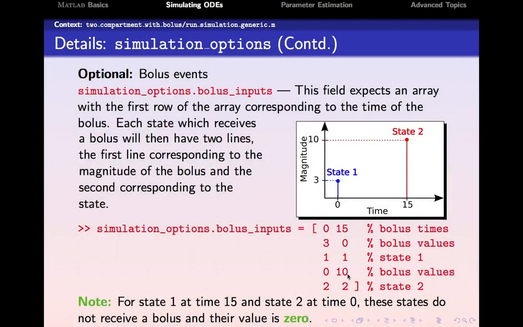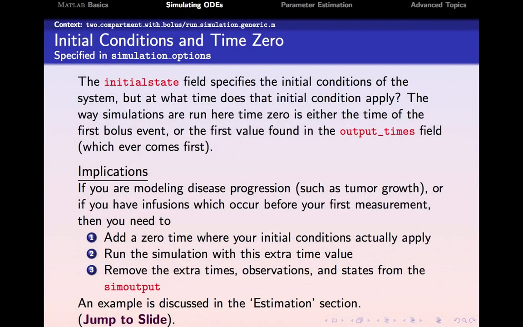If there were more states, if this was a system that had 20 different states, you don't have to worry about the other 18 states because they're not having any bolus events. You just have to have 2 rows for each state that has bolus events. One thing that I think is important to discuss here is